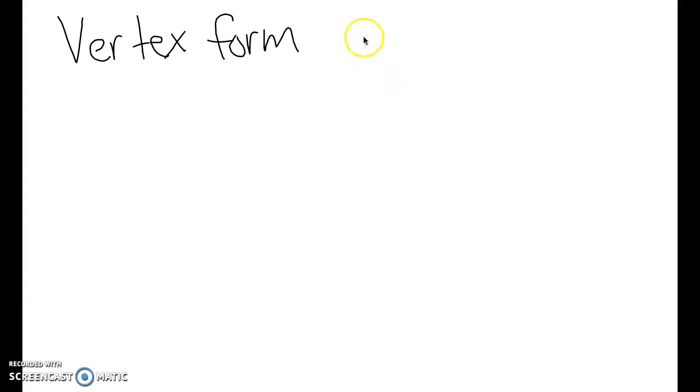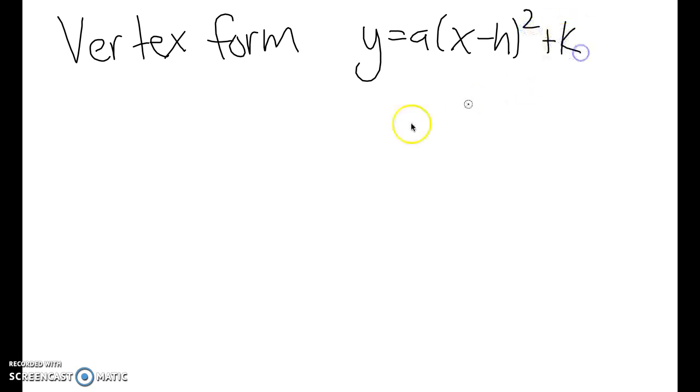So solving a quadratic that's given to you in vertex form, or y equals a times quantity x minus h squared plus k, it's solved similarly to if you're solving a quadratic in standard form when b equals 0. And if you're familiar with that form, then you should see the connection quite quickly. So if we take the equation x minus 4 quantity squared plus 12